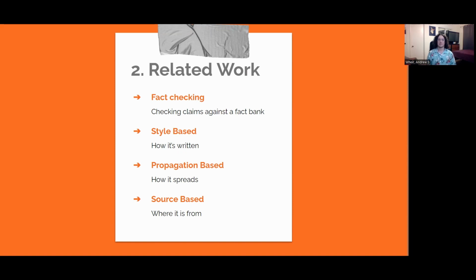Style-based is detecting fake news based on how it's written. It's great for timeliness, and it works very well for the sort of clickbaity, sensational fake news that is well known. But it ends up turning into a game of cat and mouse where the researchers will come out with a new algorithm to detect fake news, they'll prevent it, and it keeps going infinitely.